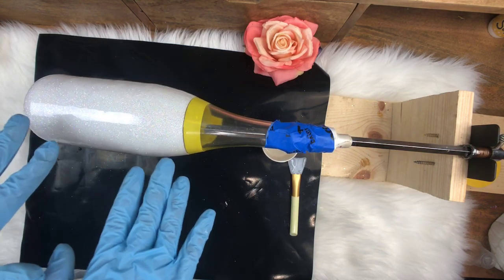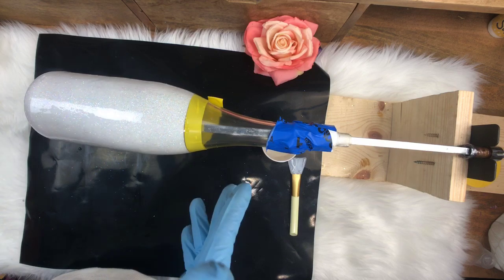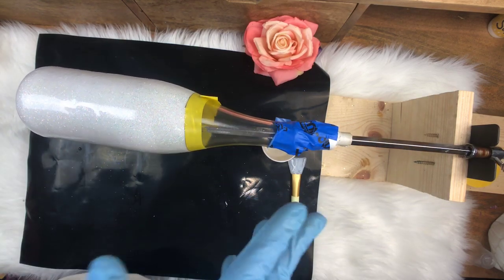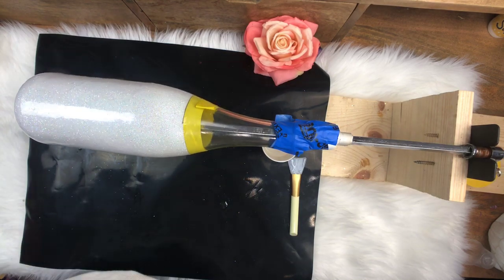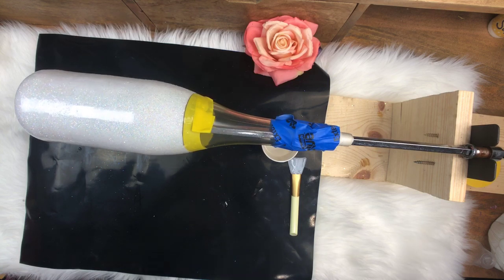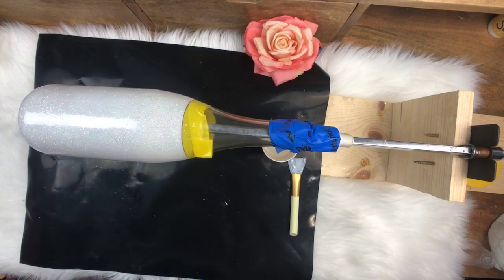This one doesn't necessarily need a food safe epoxy because we're not going to be drinking out of this. But I only work with food safe because 90% of what I do has something where people are going to be putting food on it or drinks in it. So I always just use food safe epoxy, even though it's a little bit more expensive, just to be on the safe side. All right, guys, I'm going to finish the other two with this layer, and we will be back into,